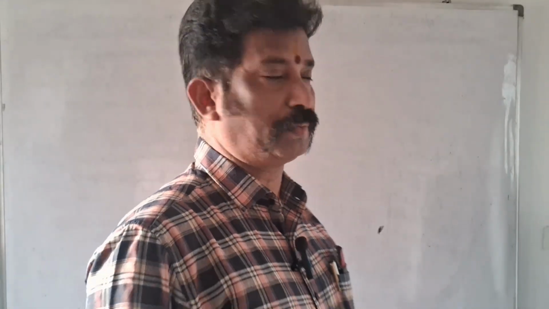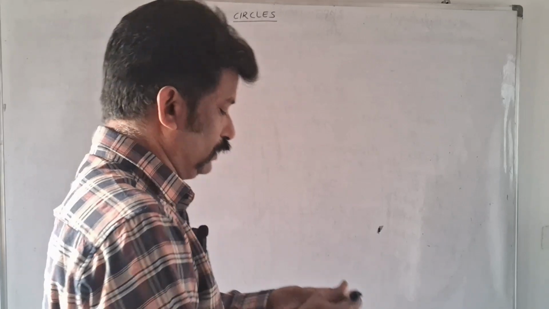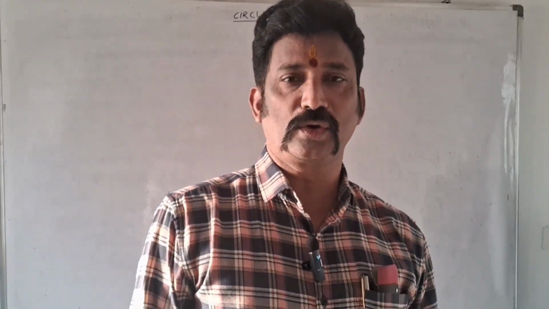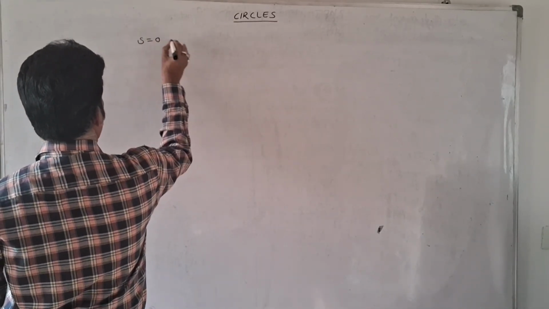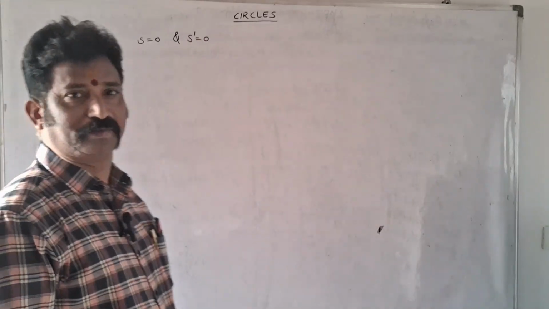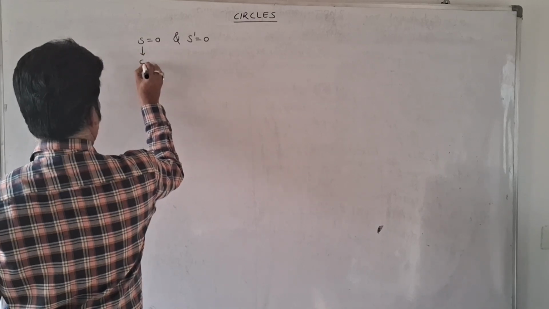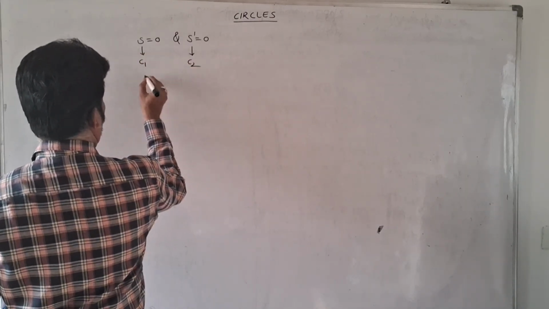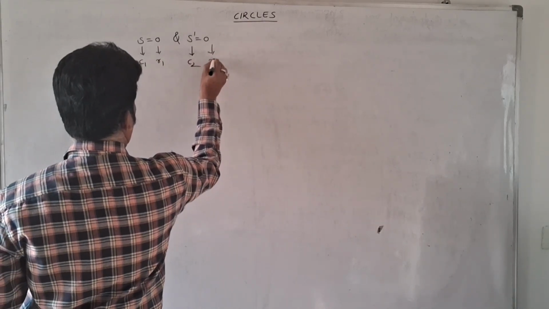Today I am going to explain the circles topic. Here two circles are given: S equals 0 and S dash equals 0, two circles with the centers C1 and C2, and radii R1, R2